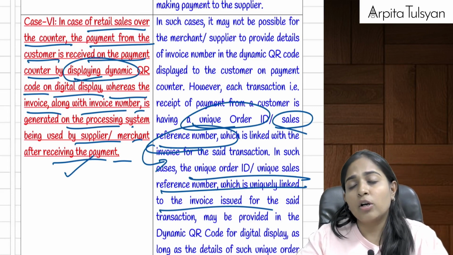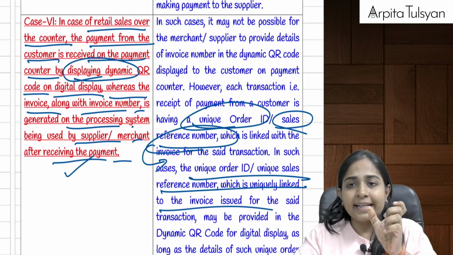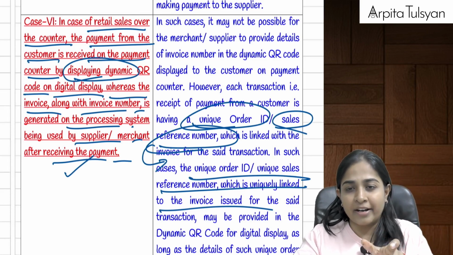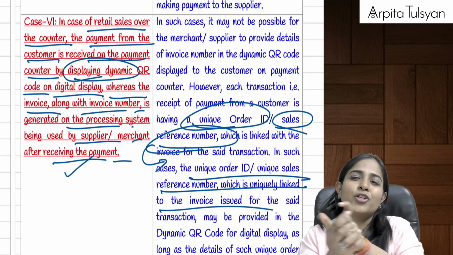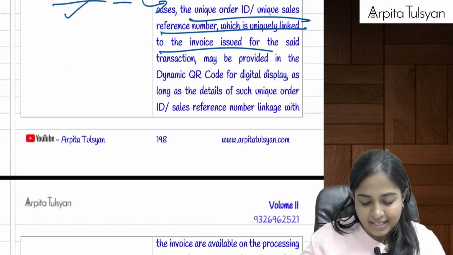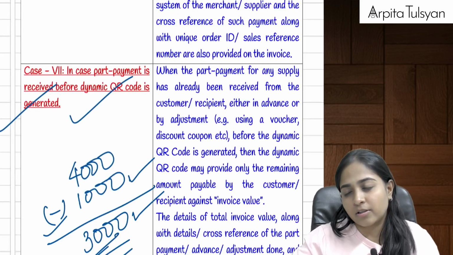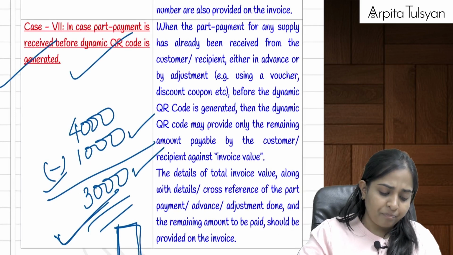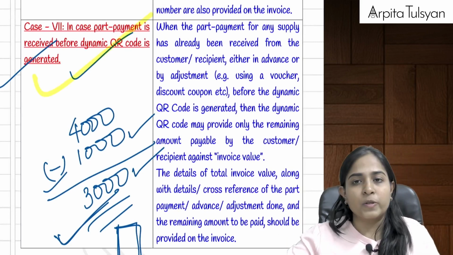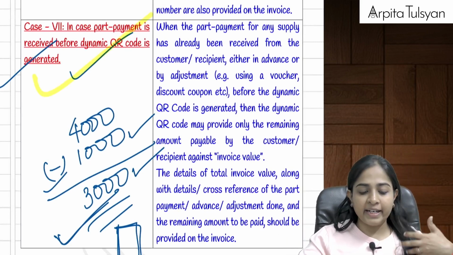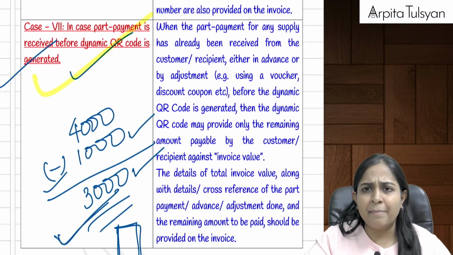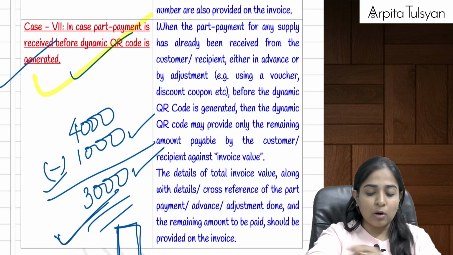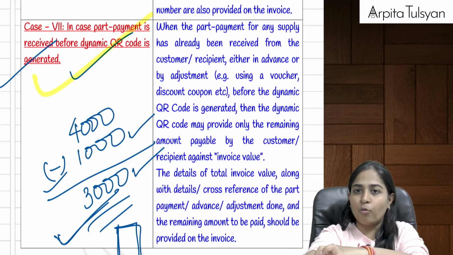Okay, similarly, when they have displayed you the dynamic QR code, and by using the dynamic QR code, you have done the payment, then in that case, generally there is an order ID or an acknowledgement number that is generated while doing the payment. That same number should be mentioned in your invoice. If that is mentioned, then it is considered as if your dynamic QR code requirements have been fulfilled, right? And the last one, suppose part payment, if you have already done your part payment, maybe by way of advance money or maybe by way of using any voucher, discount coupon, etc.,